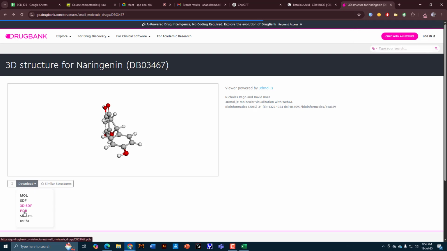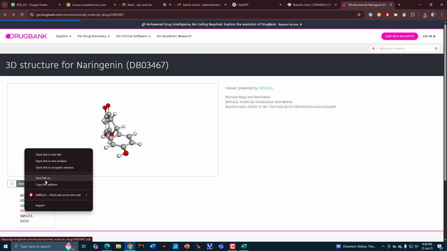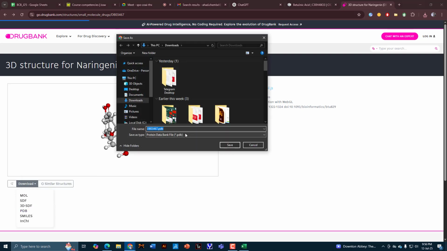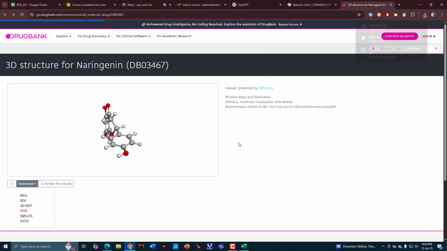You can download the PDB. For PDB one, save link as .pdb. So let me first collect all the compounds from every database, and then we will open